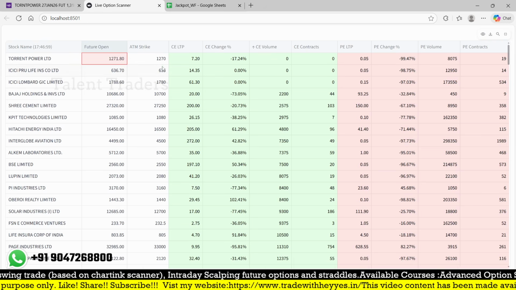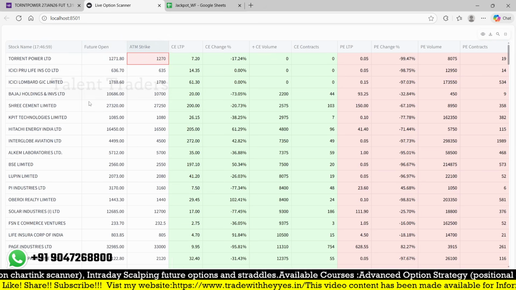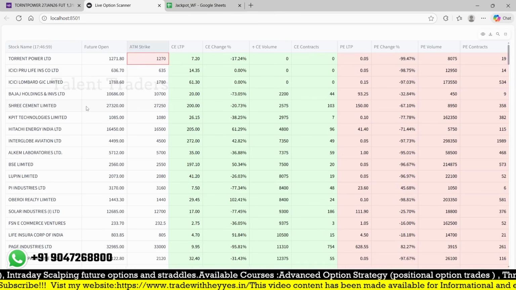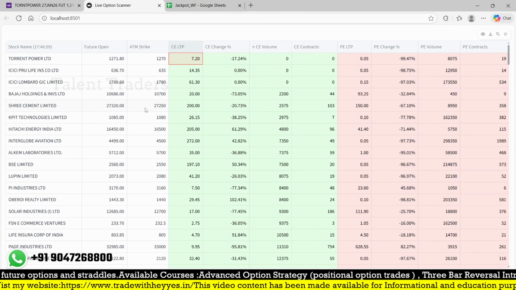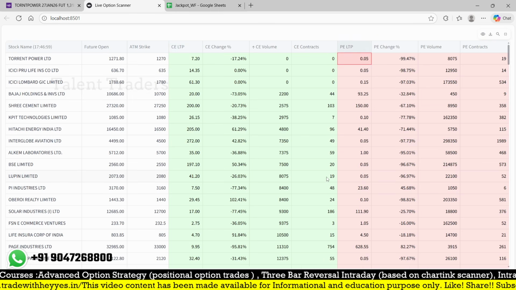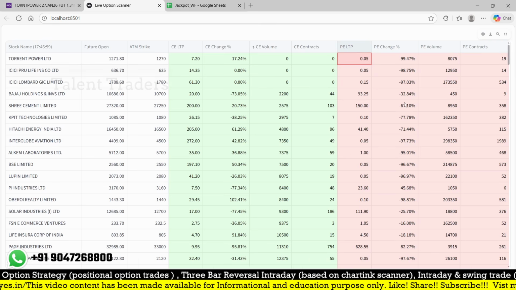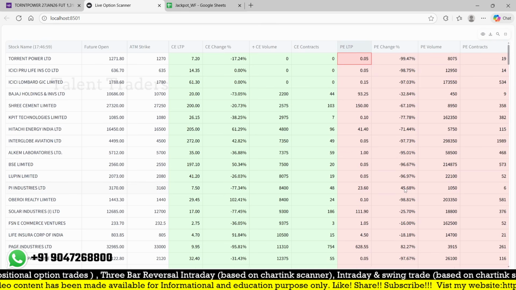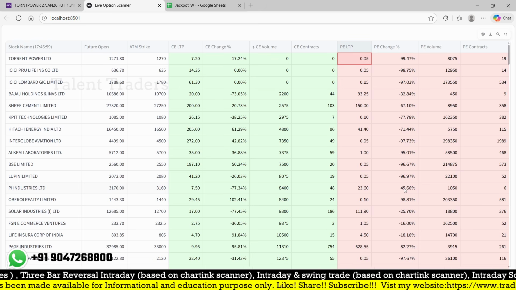That was mentioned here, and based on that it will be selecting the strike price ATM. After selecting the strike price, it's fetching the call, and at the same time the put also, because today is an expiry, many options expire worthless. You can look at this change percentage is almost 99, because it became zero, because maybe it will be